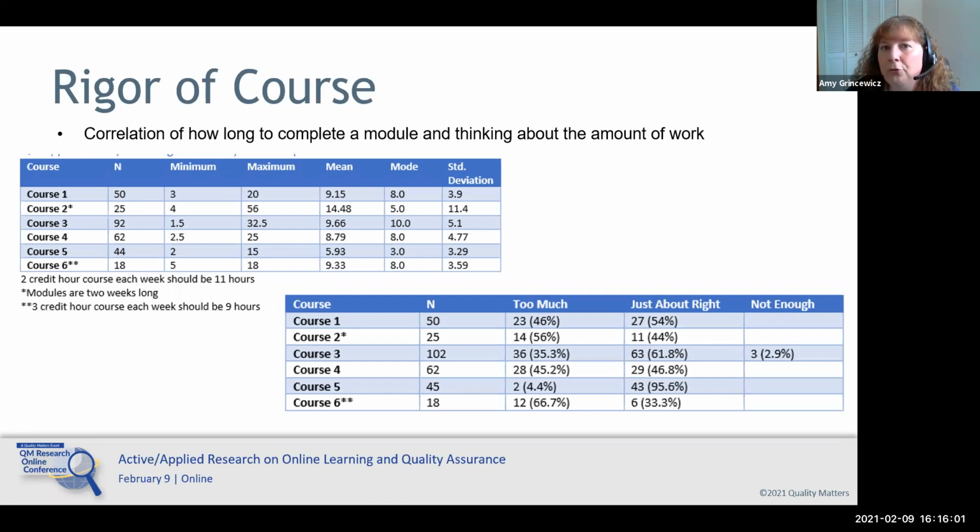And this just compares those first 2 questions that you find on your takeaway sheet. So we're looking at how much time the students are spending in the courses on each module, and then having them answer whether or not they thought it was too much, just about right, or not enough. Again, you'll see that we've got students spending anywhere between 2 hours to the heavy 56. Keep in mind that the courses that have the little asterisks next to them,